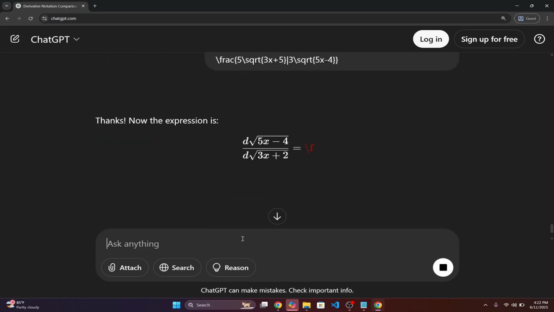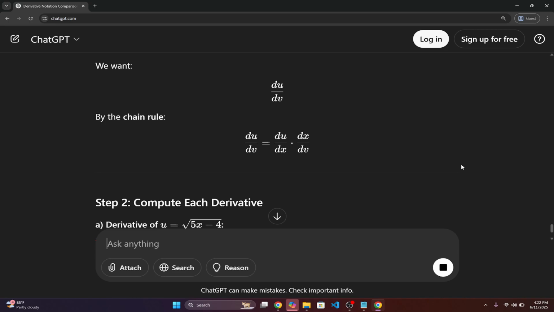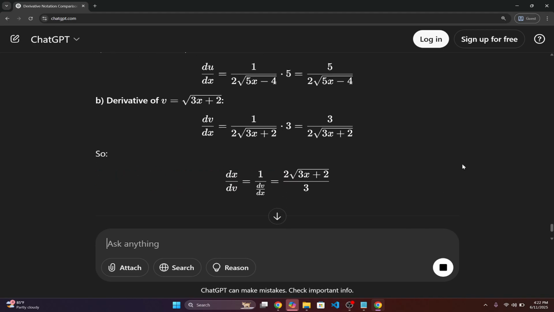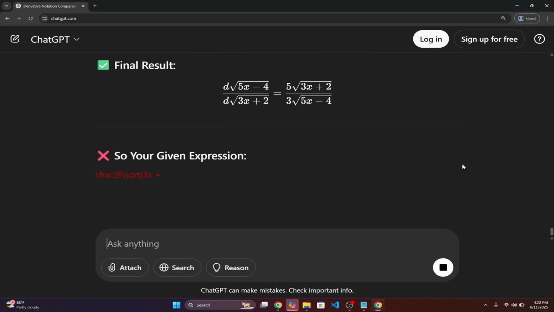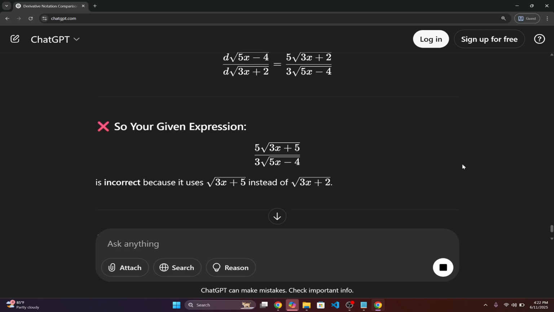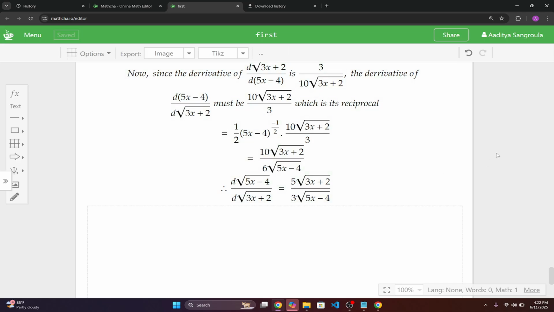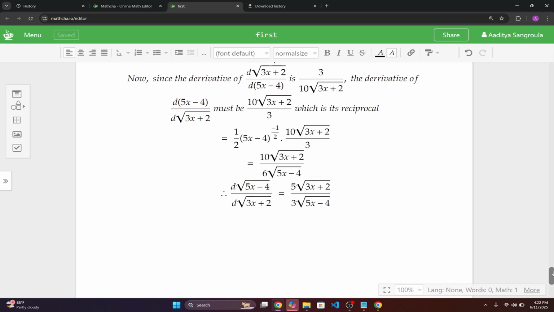Our expression is this. There was 3x, root of 3x plus 5 instead of 2. Oh yeah, it is 2. Yeah. So this is also correct,